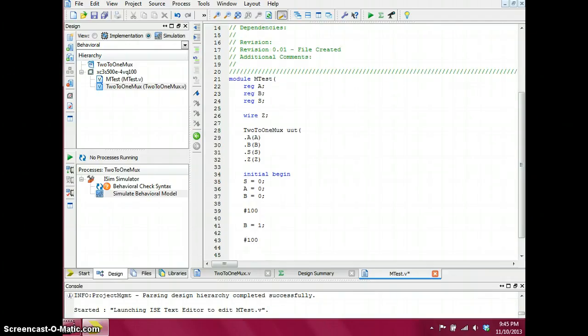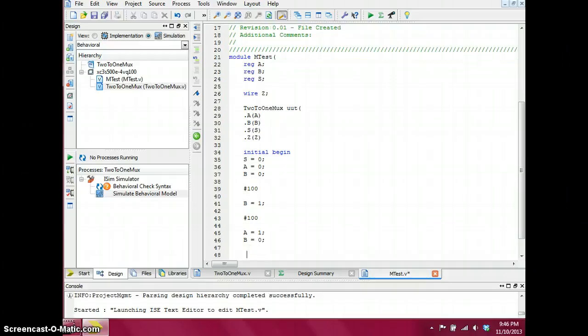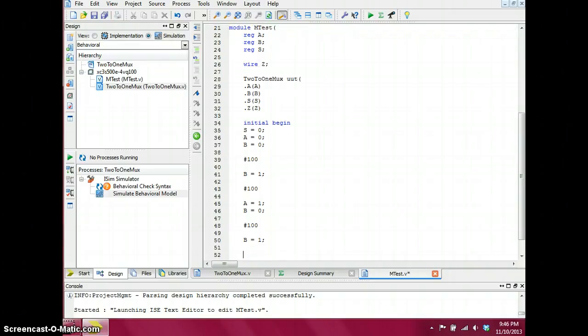And then I want to check, okay, what's next? So we have 0, 0, we have 0, 1, so now let's do 1, 0. So I'm going to set my A equals 1 and my B equals 0. And I'm going to pause for another 100. Okay, so now one more combination we have to do: A equals 1 and B equals 1. My A is already 1, so now B equals 1. Okay, so now we've tried every combination 0, 0, 0, 1, 1, 0, and 1, 1 for my selector bit equals 0. So now I'm going to pause another 100, and I'm going to try everything again with